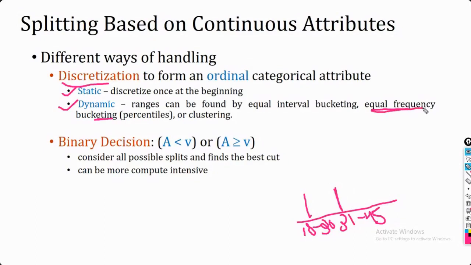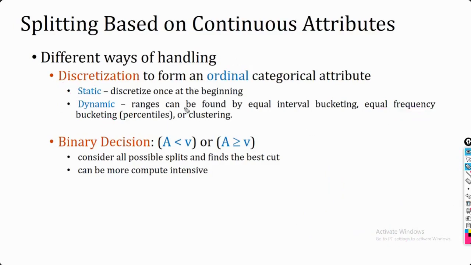Next, suppose we are getting a good number of instances in this range, so again I am going to readjust it. Suppose here I make it 18 to 35, and next 36 to, suppose, 40, in order to make this equal frequency. So here we are adjusting it based upon the condition. In the case of static, it will be fixed. Once I have fixed it, we are not going to change it.